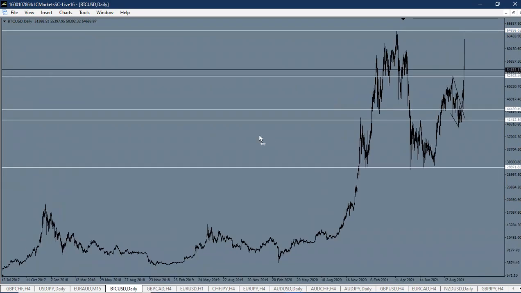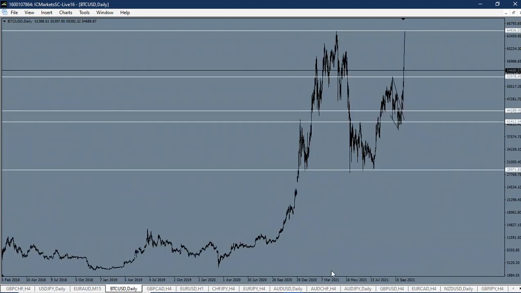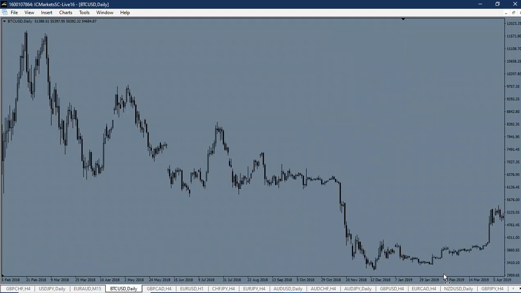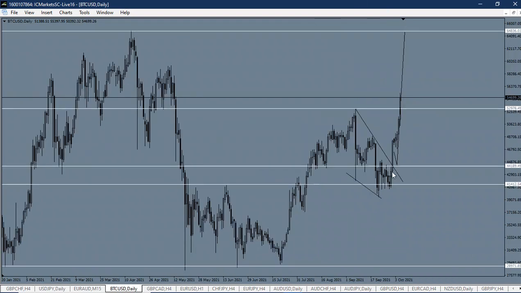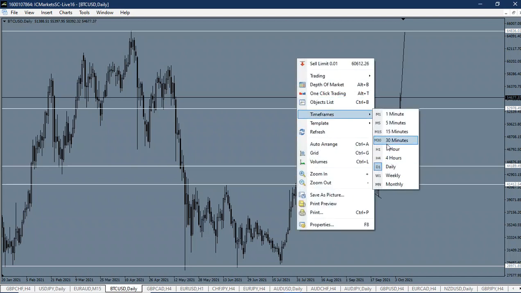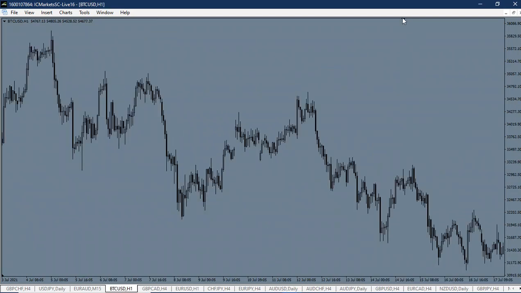entry that we had last week. So as we said, we had a double bottom here, a cross and a retest here in form of a wedge, and then we were expecting price was here, was around this level here. We're expecting price to cross the trend line to move toward that level right here to complete this continuation of this move right here. So on our 1 hour time frame,